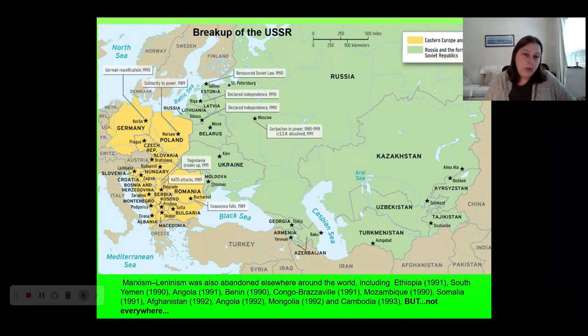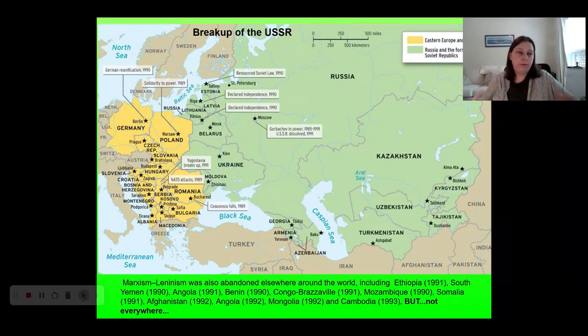Estonia, Latvia, and Lithuania do that in 1990. And then most significantly, the country of Russia votes to secede from the Soviet Union and form an independent Russian government in 1991. They elect a guy named Boris Yeltsin. And when that happens, essentially there really is no more Soviet Union effectively. The premier of the Soviet Union, Gorbachev, will sort of declare that the Soviet Union has been dissolved. I think it's December 25th, 1991, and the USSR is broken up. The Cold War is over, right? The United States has officially won.